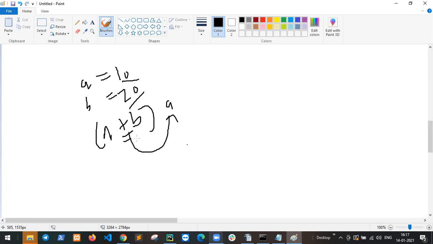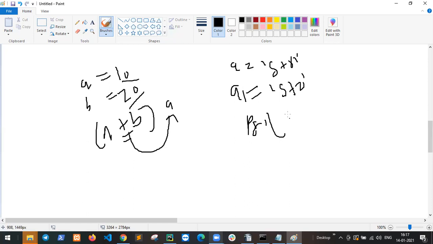And if a equal to str1 and b equal to str2, print str1 plus str2, what is this operator?